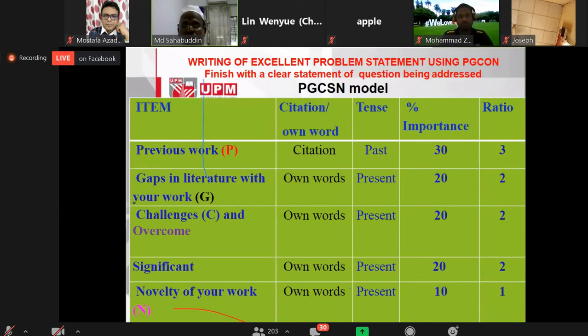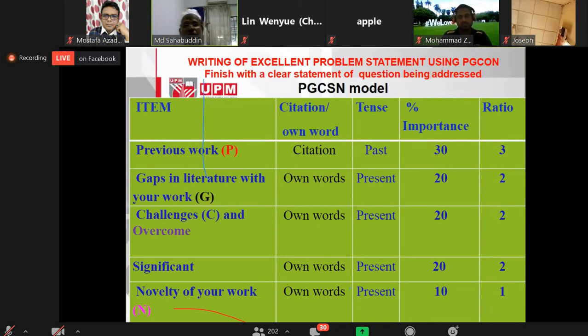Then another issue, the importance. When you write a 2-3 page problem statement, these 5 components are not equally important. They will have different importance. Which are more important, we have to explain more. Which are medium important, we have to give the idea. Which are less important, we have to give little information. We already give a tentative percent importance among the 5 key points for the problem statement. The ratio is like 30, 20, 20, 10. But this is up to you. From your experience, you can follow it plus or minus.